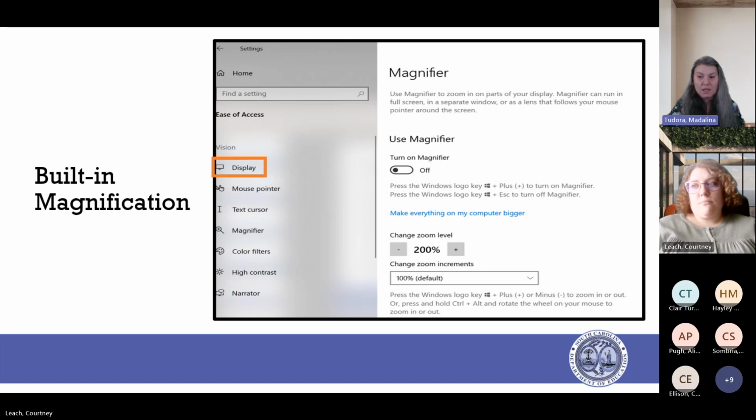If you have any issues, even if your eyes are strained at the end of the day and you feel like you can't focus on that small tiny mouse pointer, or it's hard to find on the screen, or you have multiple screens and it's really difficult to find it on the screen, right? You can make that larger and you can change the color of it so you can see it a lot easier.